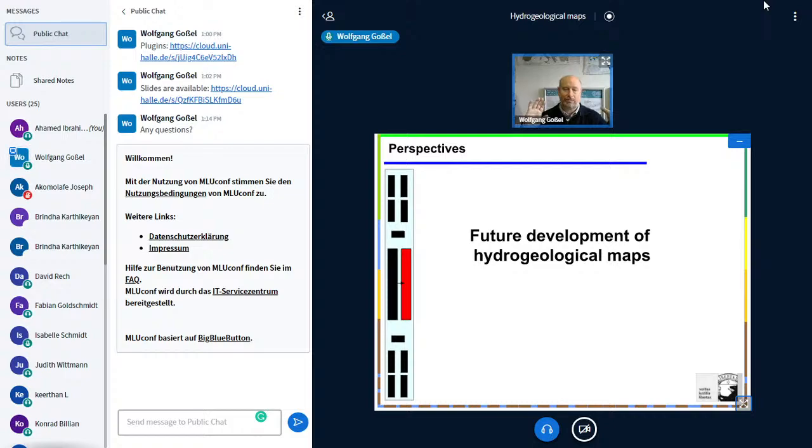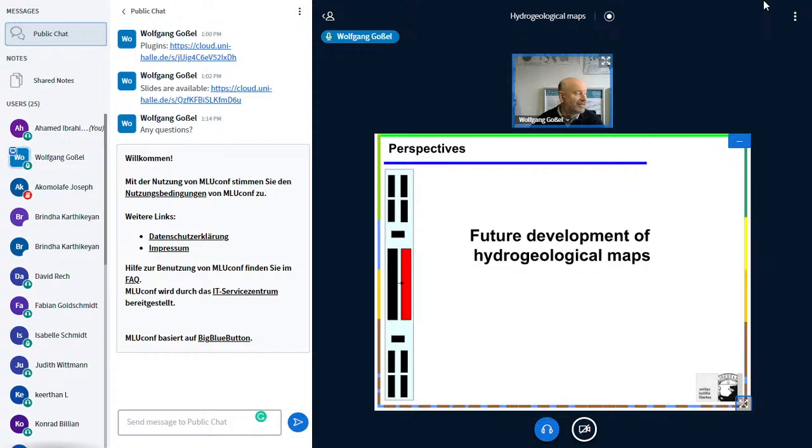This was a little bit about the map sets and the future use of maps, but the future development will go into 3D, of course. It's nice to have it in 2D and to visualize, for instance, some yields and some hydrochemistry in 2D, but in 3D, of course, the world is in 3D,